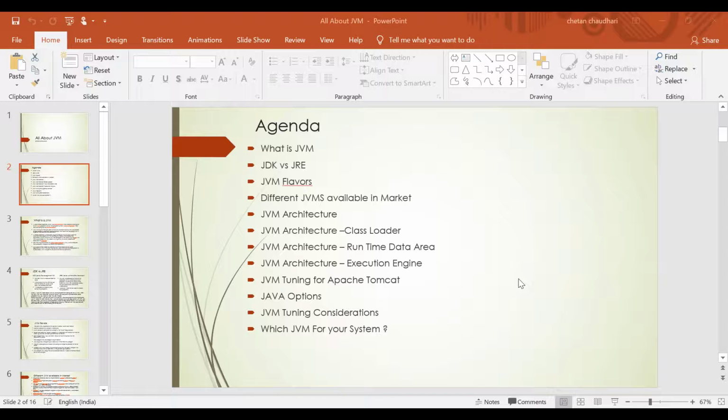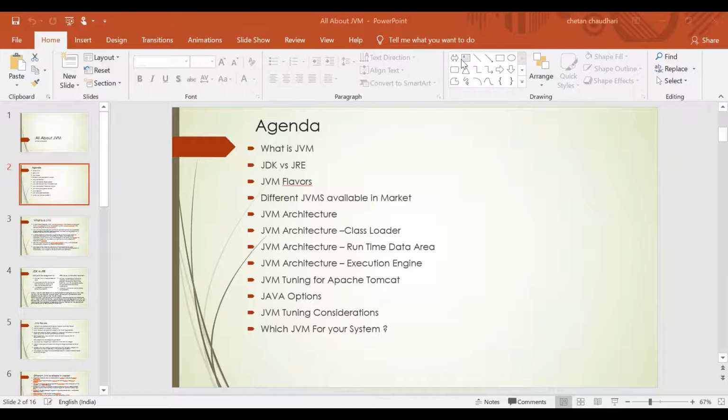In today's session, we will be looking at JVM heap. We discussed yesterday about JVM architecture, how the JVM is structured, how the different parts of the JVM are functioning and how they are communicating with each other in order to run your Java program or your Java application. Today we'll be going through the JVM heap memory.